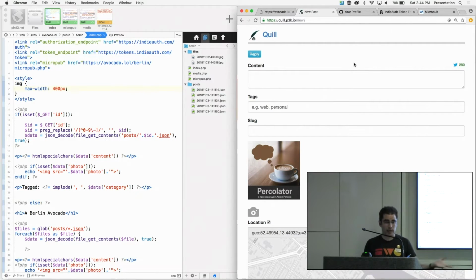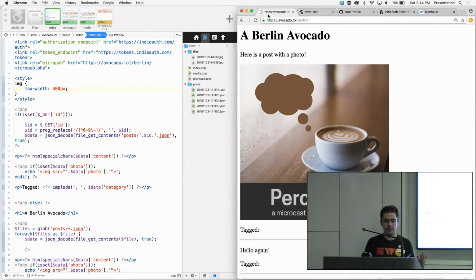One is you can use it as the actual storage of the image, which is the easy way, and that's why we can make this so quick. This is actually just hot linked from the media endpoint storage. You could also use the media endpoint as just a cache, and